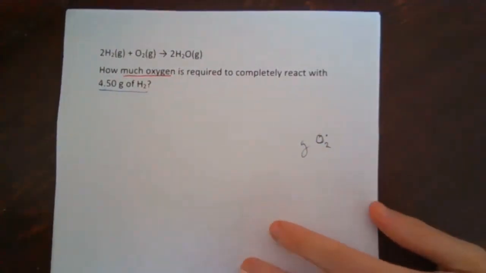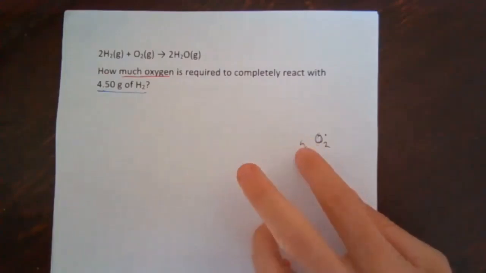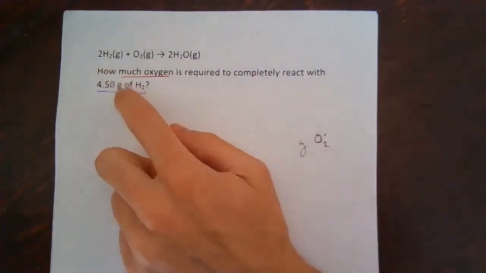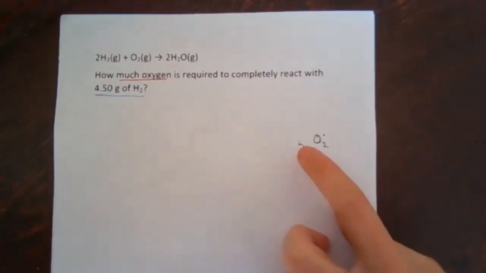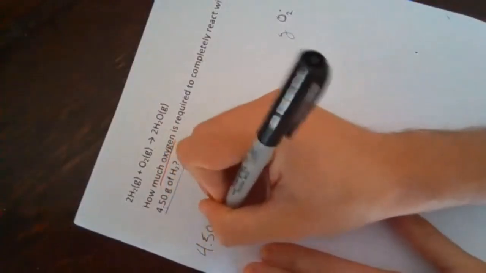Elemental oxygen, if you remember, is a diatomic. So how much oxygen? Our expected units would be grams of O2. Kilograms would also work with mass, but because we have a grams unit right there, it's likely that we're ending with grams here. And so we can see then that what we're doing is 4.5 grams of H2 to grams